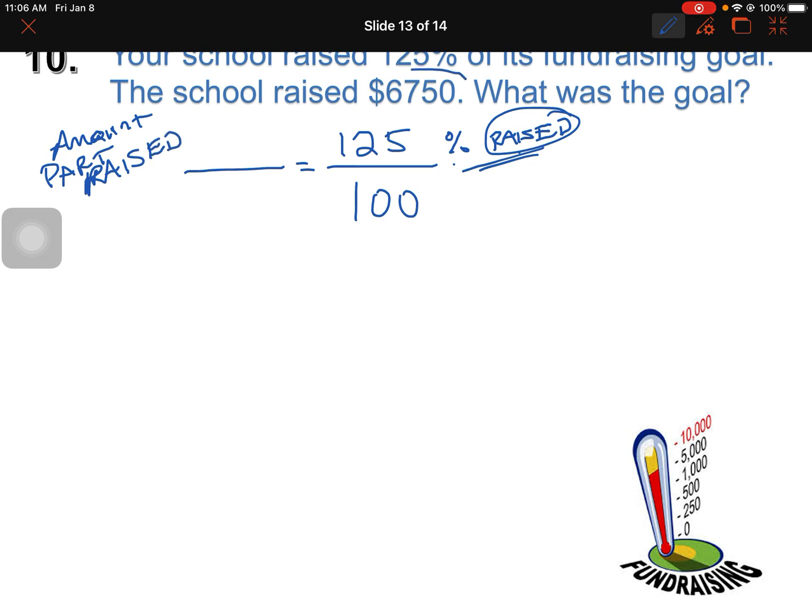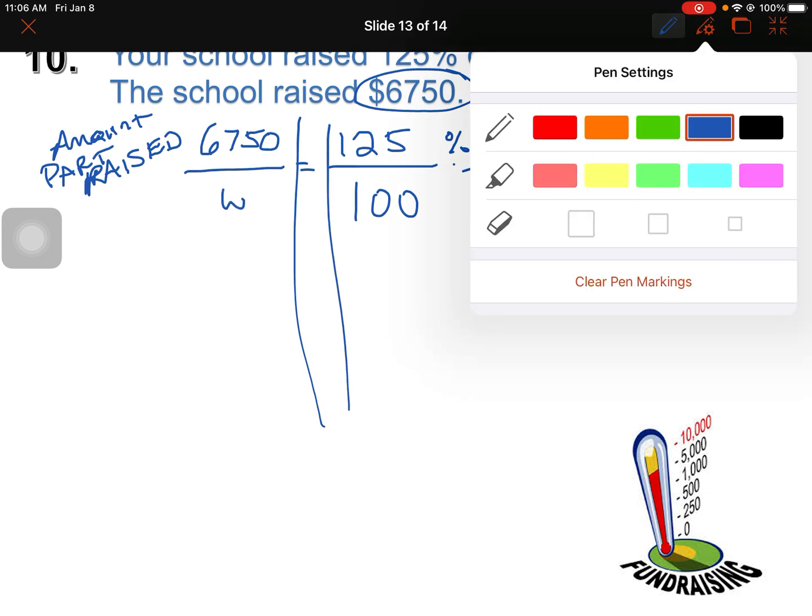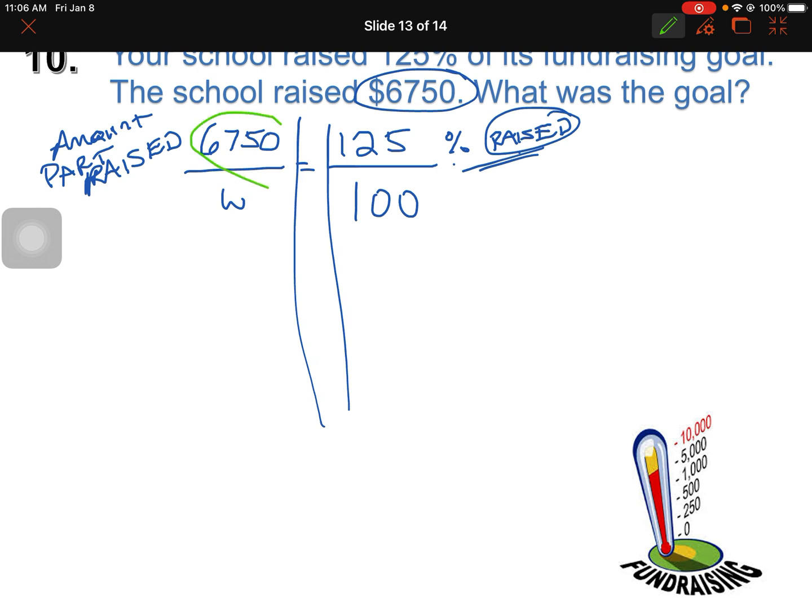So when I look at this, 6,750 is the amount that you raised. So therefore, that's going up on top. That was not the whole. We are missing the whole goal. Okay, we don't know what the goal was. We know the part that you received of the goal. And so we got more than what we expected. That's what is kind of cool about this fundraiser, I guess. You got more than expected, so you'd have your